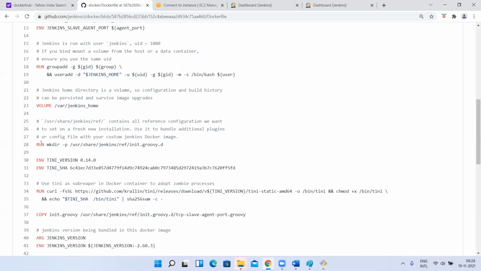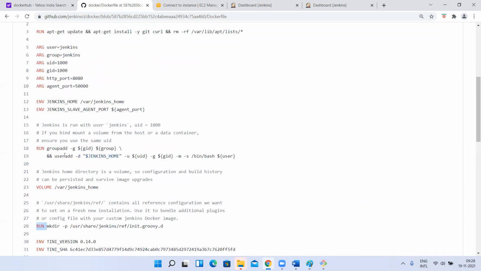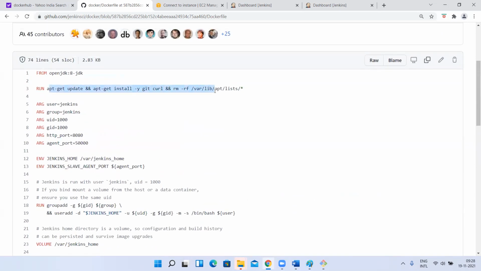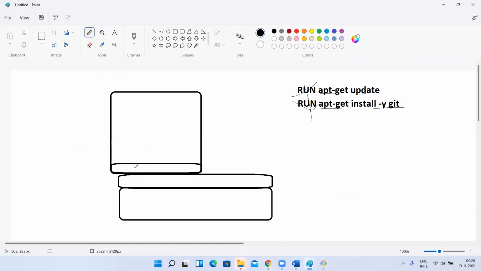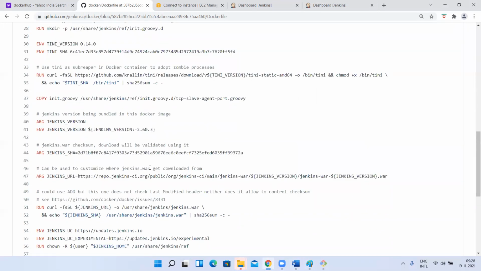Okay. Next, RUN. So they are running mkdir, Linux commands, if you want to execute them on the base. Now tell me one point: whatever Linux commands we give for the RUN keyword, where will those Linux commands be executed? On the base OS, on the base image. Understood, guys? Whatever the base image we have, all the RUN commands you have passed will be executed on the base image. Understood? Okay, sir. Yes, sir.